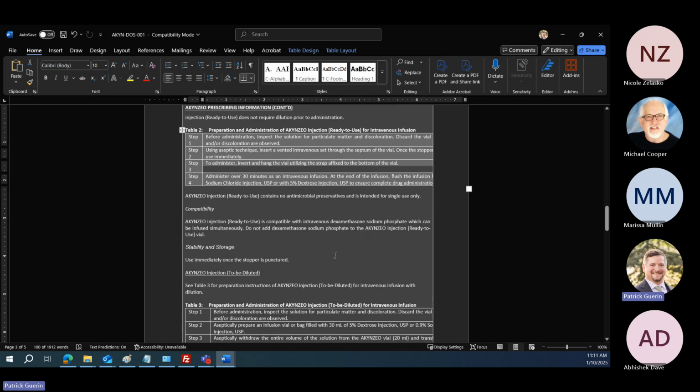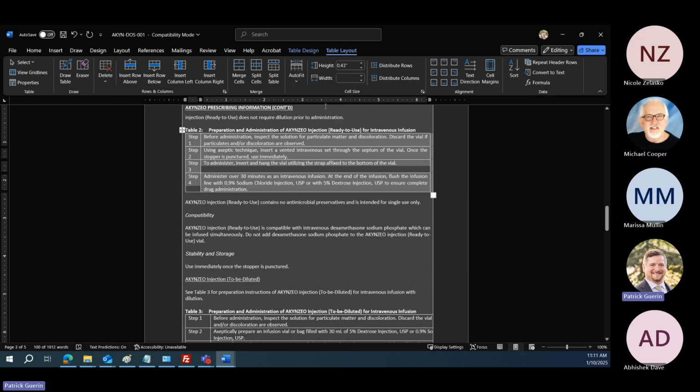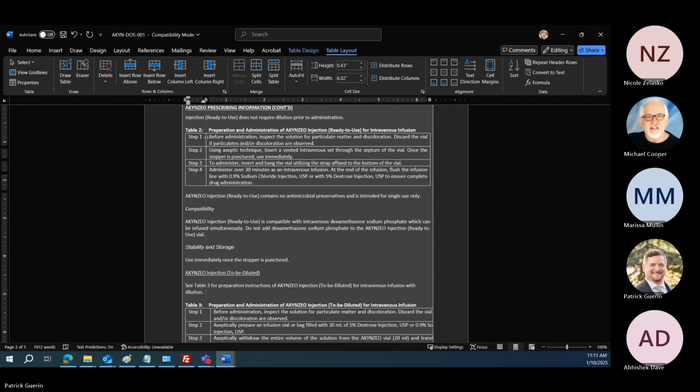Yeah, if you can auto fit that. Sometimes that works and sometimes it doesn't. Auto fit to window, I believe, is typically what we want to do here. And again, it may skew something like this, where step one is no longer on a single line, but from there, you can go through